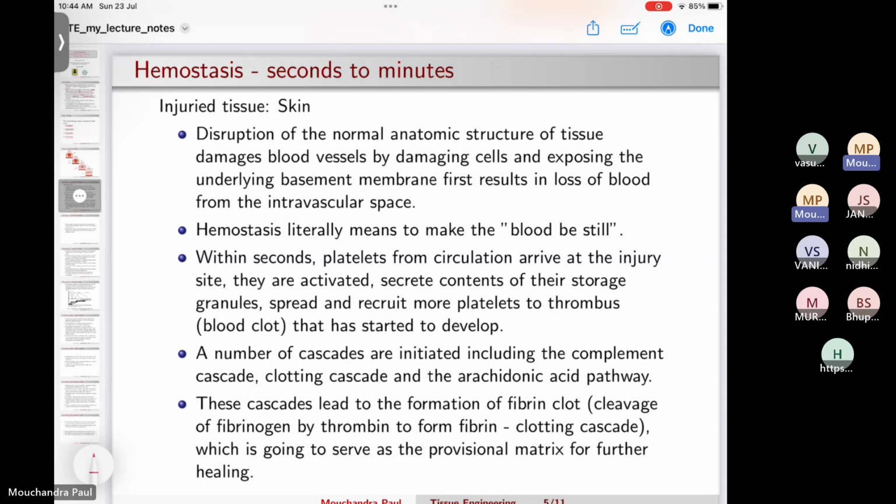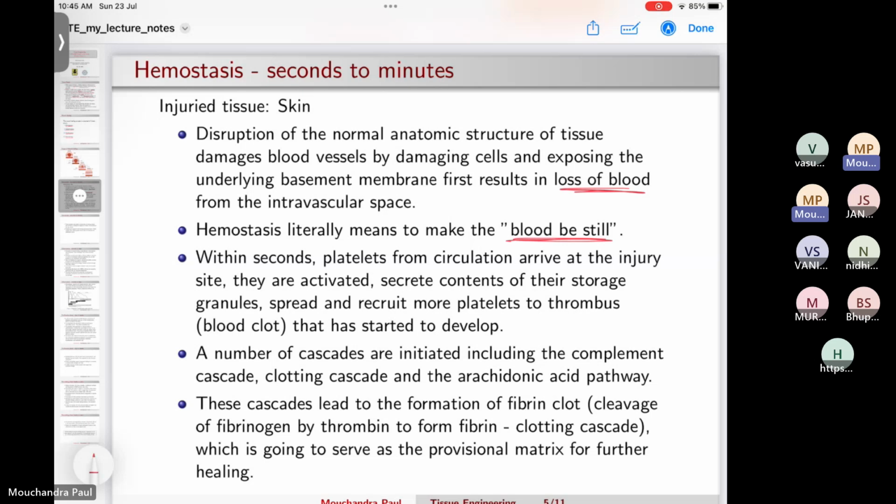That leads to loss of blood from the intravascular space, like from the blood vessels, the blood starts coming out. So the term hemostasis means blood be still, means stop the blood flow. So within seconds of the injury,